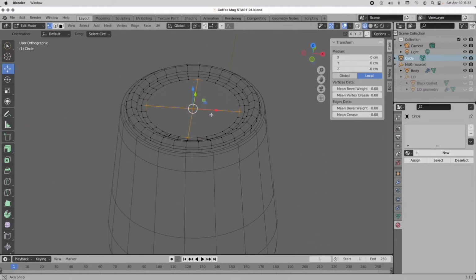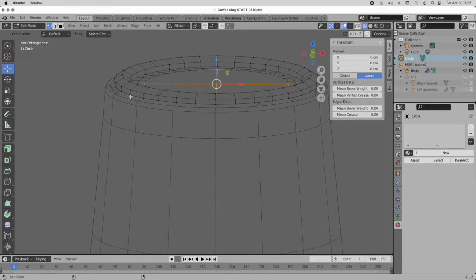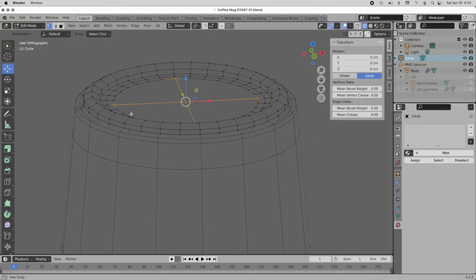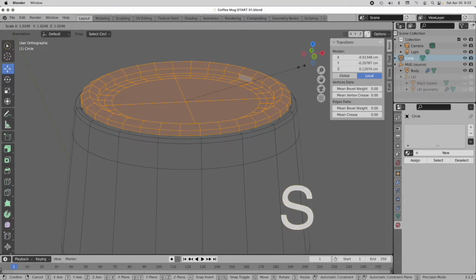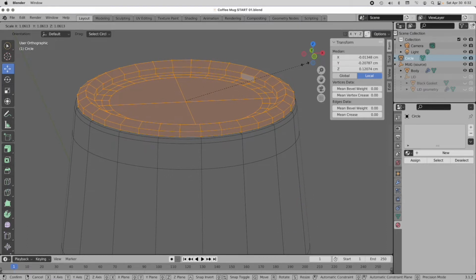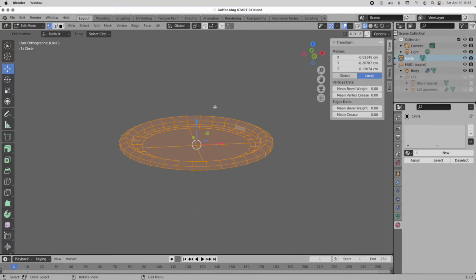I want to actually come in here and do a little bit more work on the bottom. And I think I actually want to increase the scale of this just a little bit. So I'm going to press the A key and then the S key, and I'm going to scale this up so it actually overlaps the lip just a little bit right there. And I want to remove this because this is actually kind of getting in my way right now. But an easy way of editing this piece of geometry all by itself is to press the question mark key,